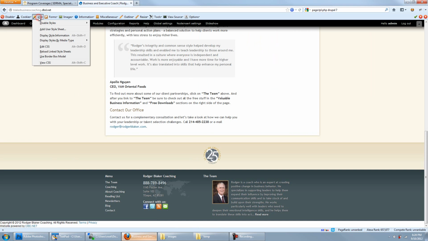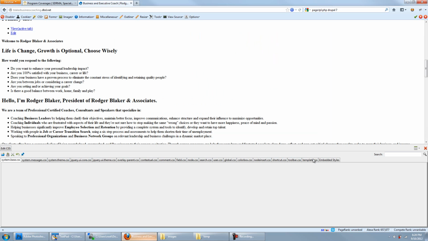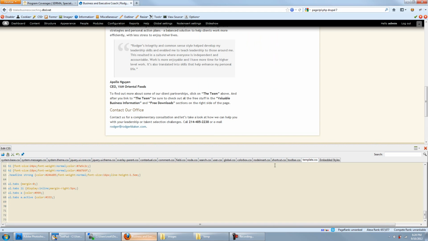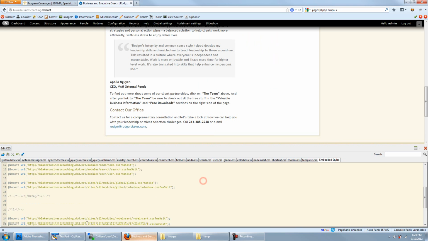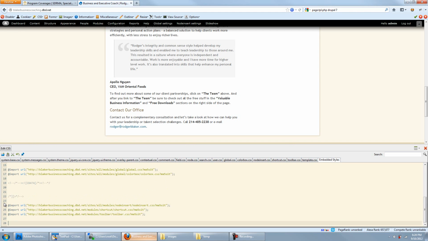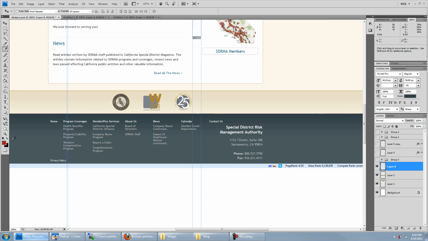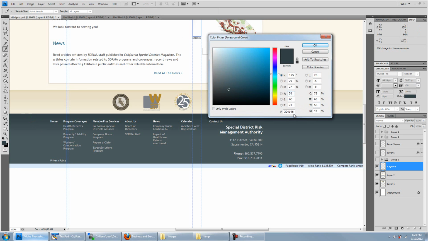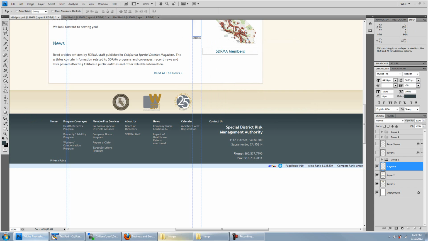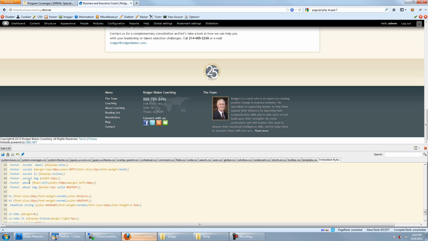We'll go to the CSS, but no, template. Got it here. Let's paste it in like normal, like we've been doing here. So we got that. Okay, so now we gotta fix this. I'm gonna get this color right here, basically, and then in the legal wrap, I'm gonna go,